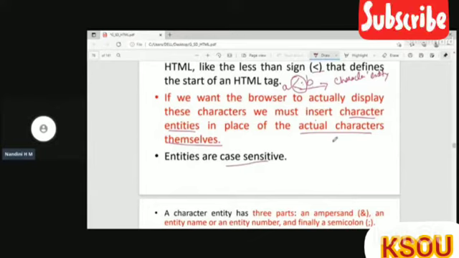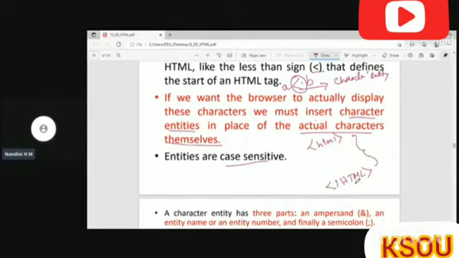HTML tags are not case sensitive, but entities are. While opening the HTML tag, you can use lowercase, and while closing, you can use uppercase. It will not differentiate between them. So this is not a case sensitive language, but entities are case sensitive.